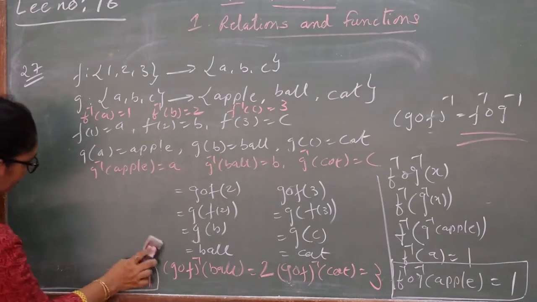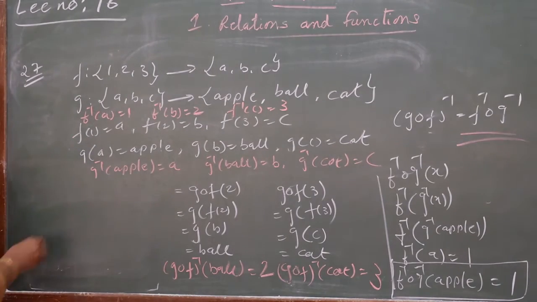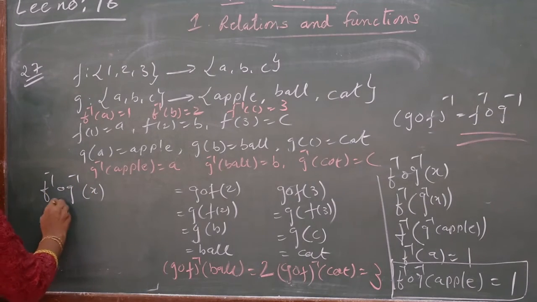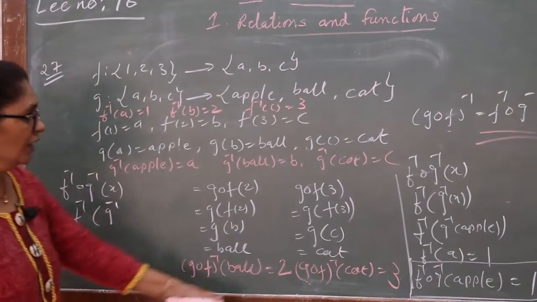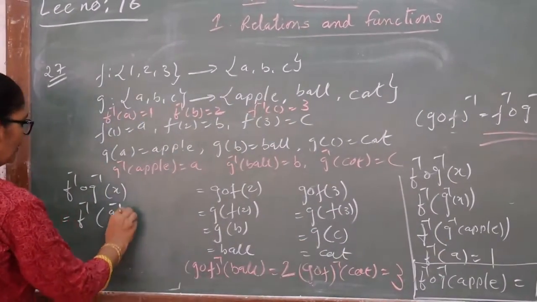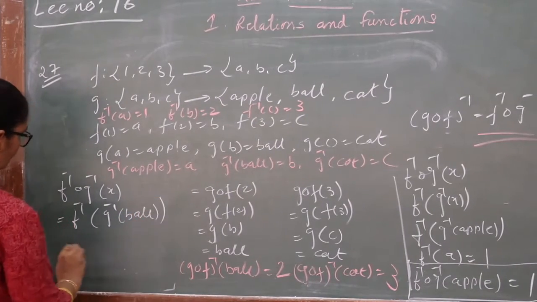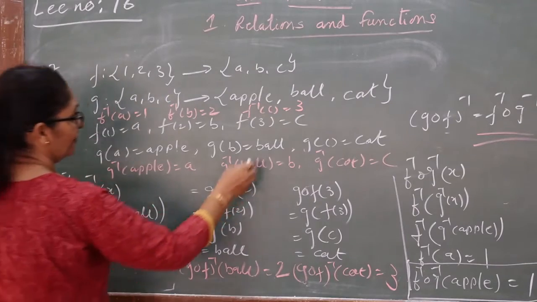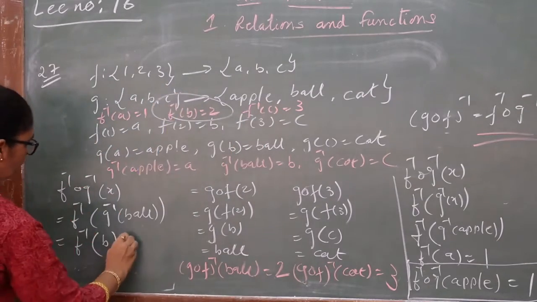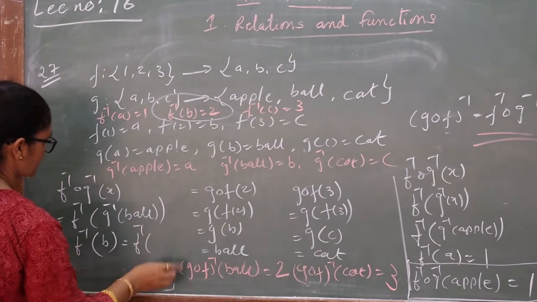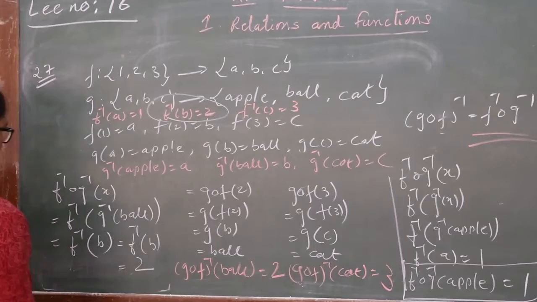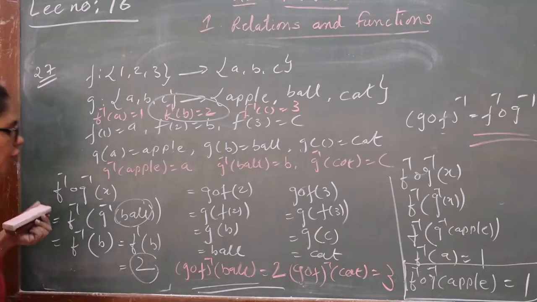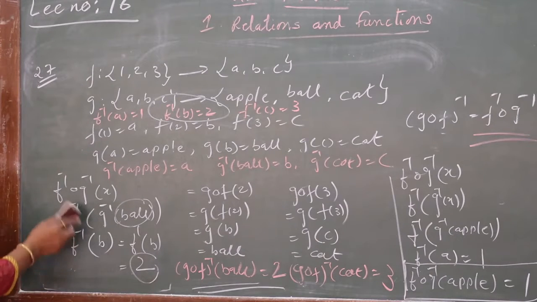Now, let us come to the second part. What is our second part? F inverse over G inverse of x. Now, see, first we have taken apple, so second will be ball. So, what is your answer for it? G inverse ball is B, and F inverse B will be 2. So we can write F inverse B equal to 2. So, what is it? For ball we are getting 2, and here also for ball we have 2. And now the last, the third one,